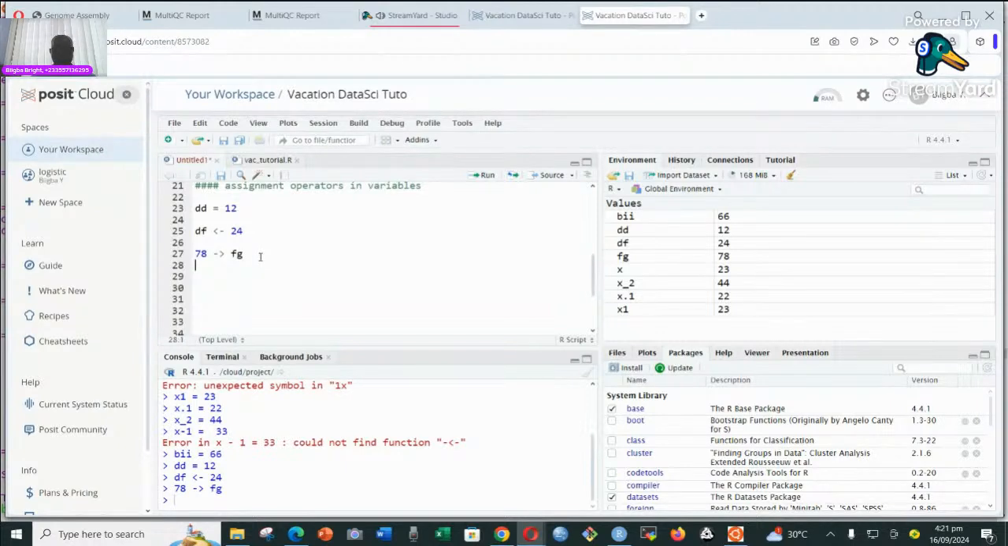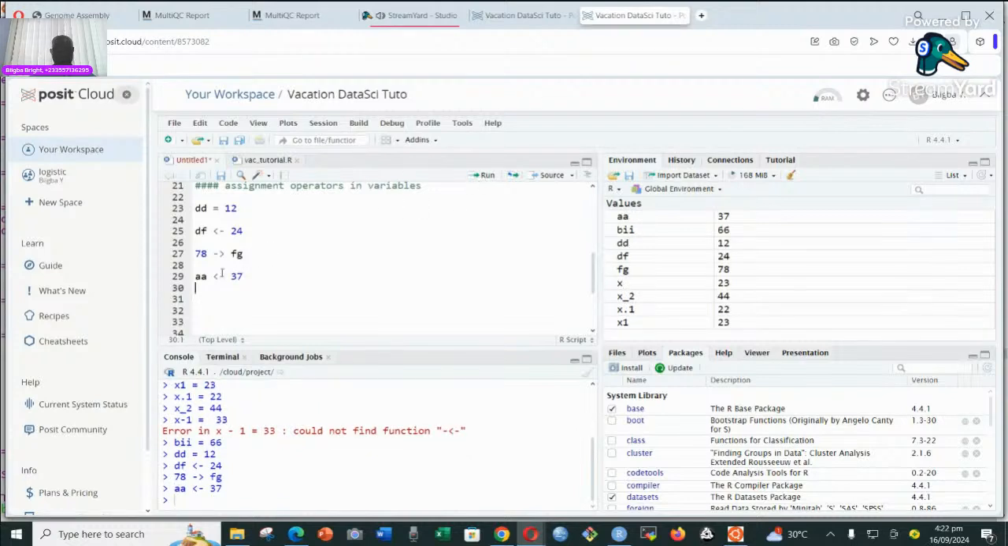Now, what you cannot do with the assignment operator, this less than sign and dash, is put a space between them. For instance, let's say I have AA, and I assign it to 37. That's fine. But if I allow a space between them, and then you run it,